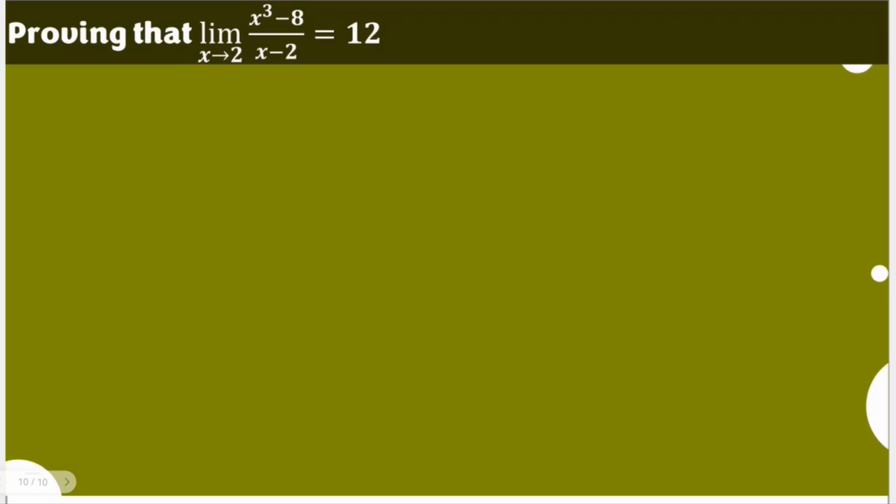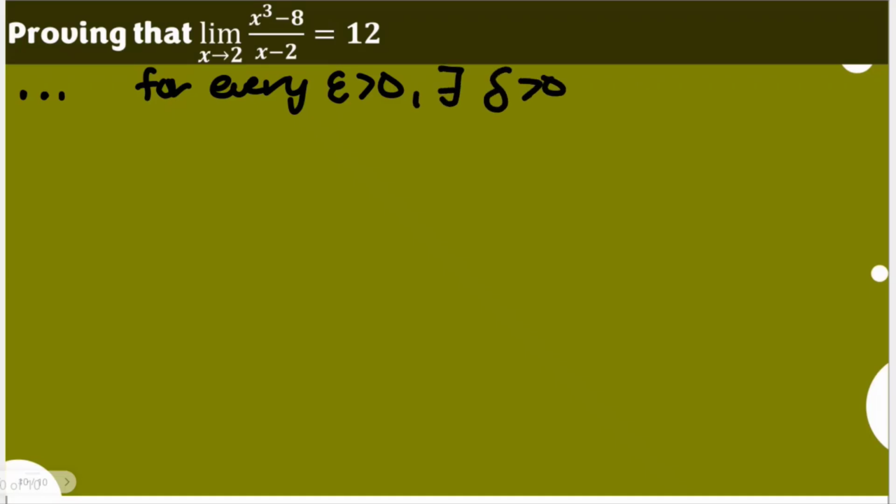The intended output is defined in our definition. So let me rewrite the definition here, just the important part. For every epsilon greater than 0, there exists delta greater than 0, such that if x is an element of A,